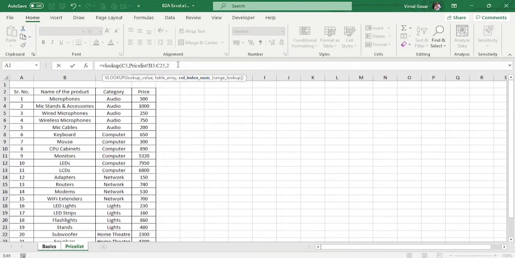And now, since I actually have the exact spelling and exact characters for that wired microphone, I will write over here not for approximate match, but for exact match. Approximate match would be like if you are having a range from 0 to 200, so even if it is somewhere in between 0 to 200, then I will have an approximate match. But if I want exactly 200, then I will use an exact match. Since we are having a text over here, wired microphones, I will use an exact match, and I'll double click on that. So either you can write false over here, or you can simply double click on that and press enter. Close the bracket and press enter.